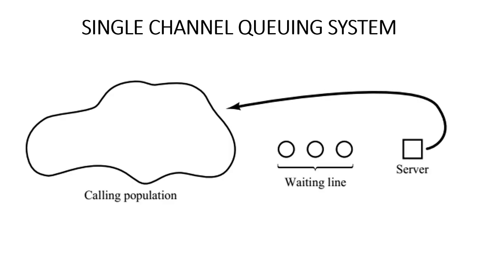Right, so we are looking at simulation, and so we're looking at system modeling and simulation. And today we're going to look at the simulation of queuing systems. All right, so when we talk about queuing system, it's all about a channel where we have a calling population, and of course we are looking at the single channel queuing system.